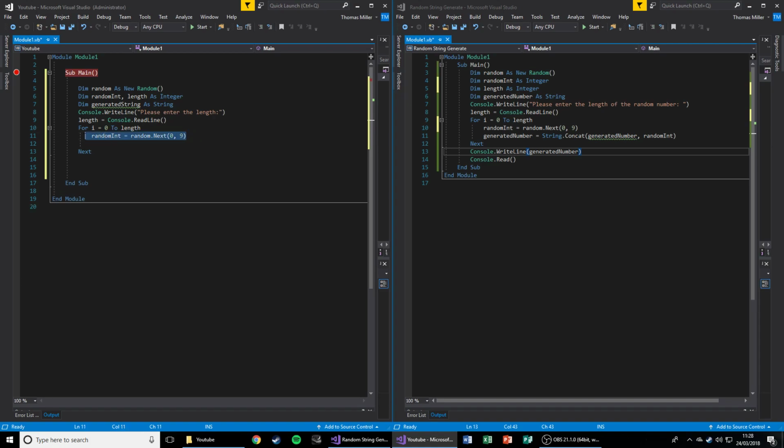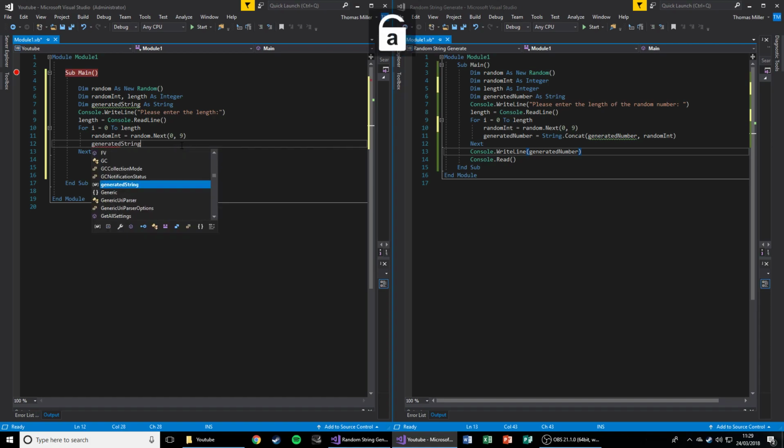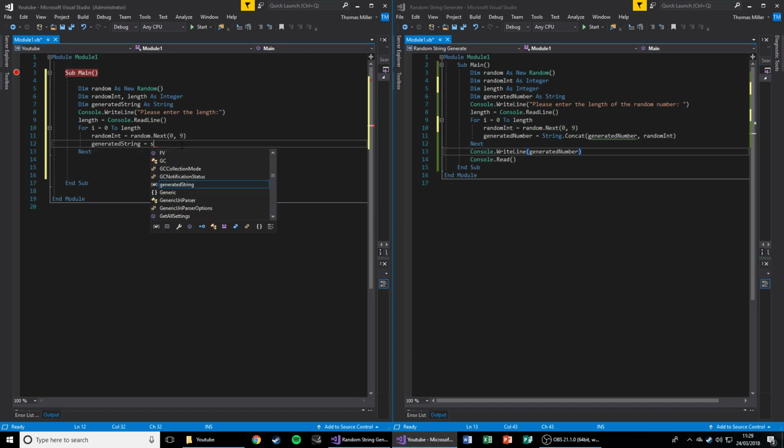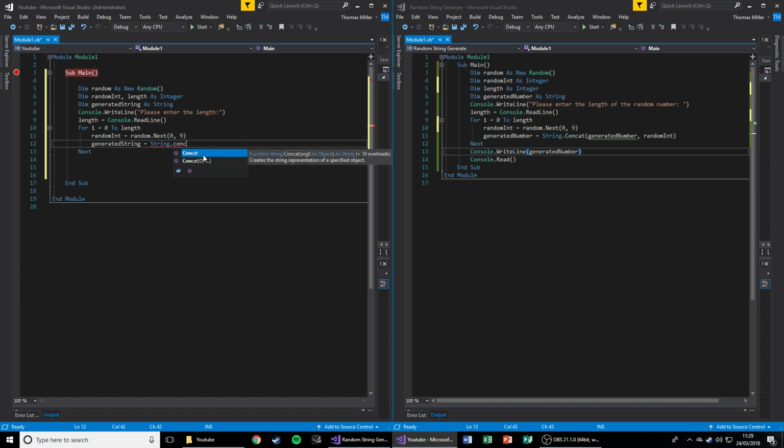And that's all it will do. It will just generate a new random number between 0 and 9. So now what we're going to do is take the generated number, which, like I said at the start, is going to equal nothing, and we're going to concatenate that. So we're going to do string.concat, get that, and then we're going to take the generated number, which is nothing,